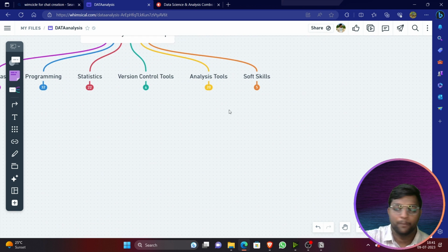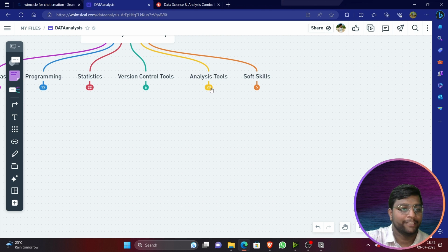I hope this roadmap is interesting for you all, and I know many of you might have felt it difficult just by seeing all these topics. Don't worry, you can easily learn. When you start learning, you can easily complete data analysis topics within 4 months. If you work for 4 months and give at least 2 to 3 hours per day, you can easily complete it within 4 months, and 2 months for projects. Totally 6 months to become a data analyst. If you want the high package and want to be in the number one position, then you have to definitely work hard, or else it's difficult.